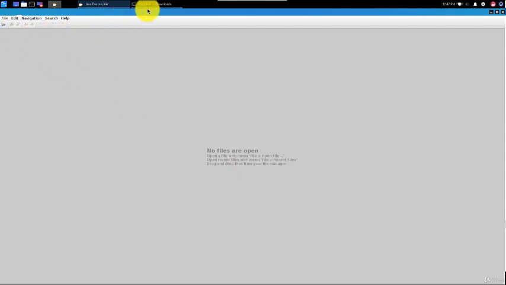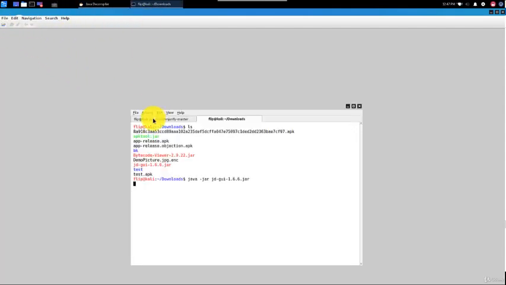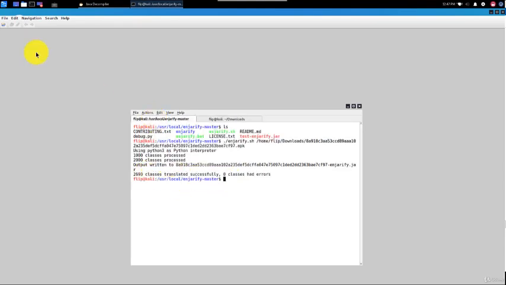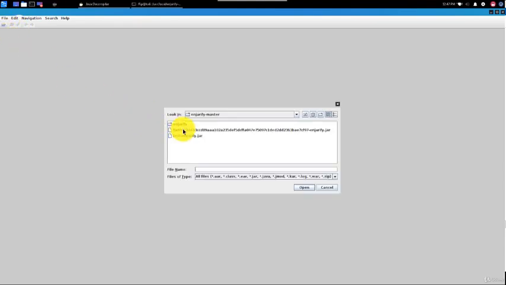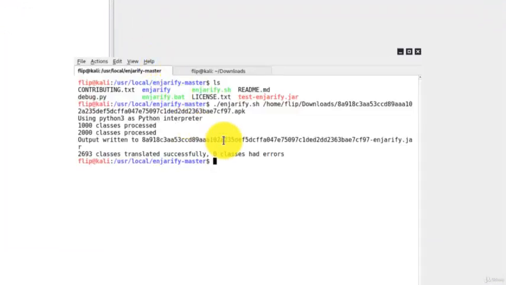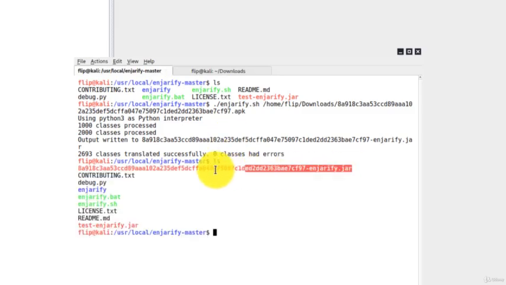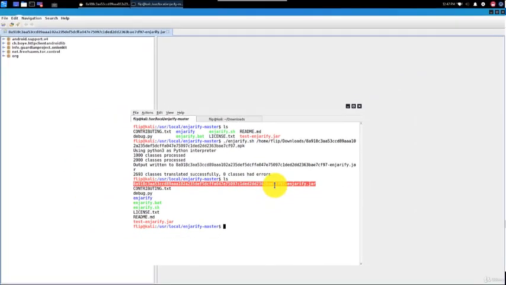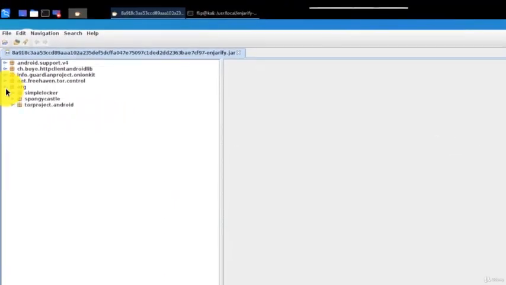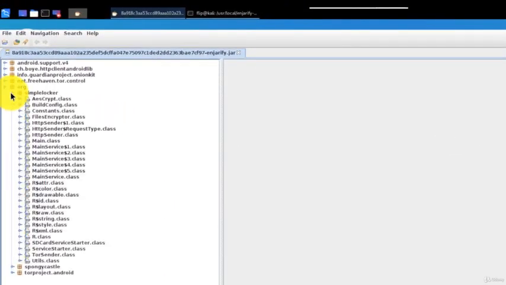And over here, once we see that the conversion is complete, we just need to import the jar file that was generated. So if we go back into our folder here, we'll see that it generated a file. Okay, now we'll just import this jar, and there you have it. You have your source code, just like with bytecode viewer. Actually, bytecode viewer uses JD-GUI as a Java decompiler in the background, among other decompilers.